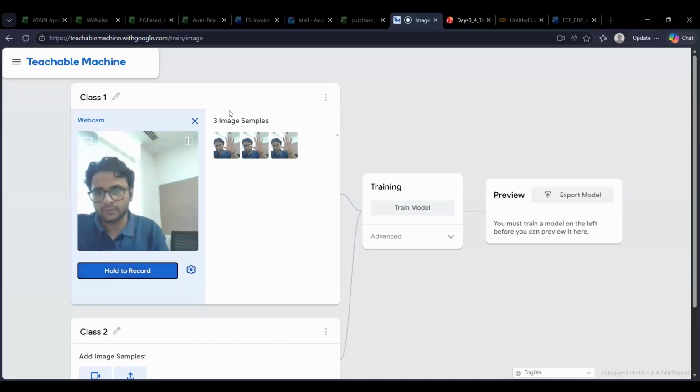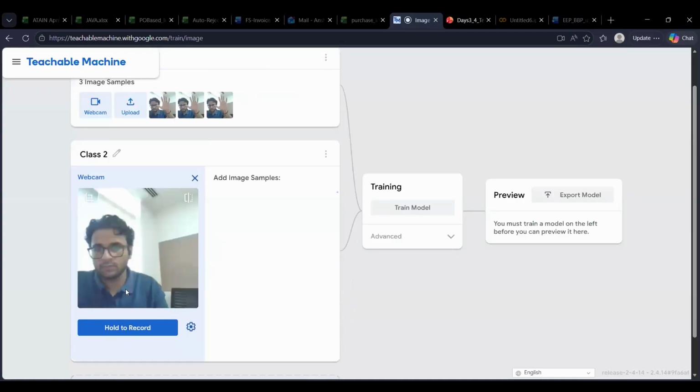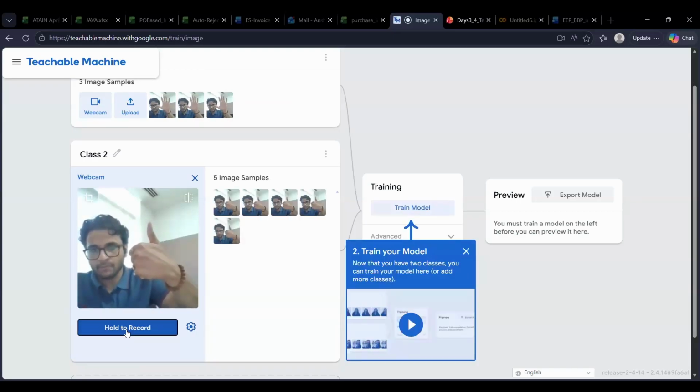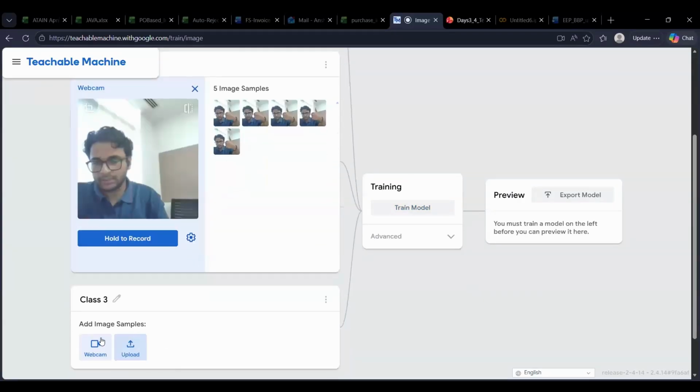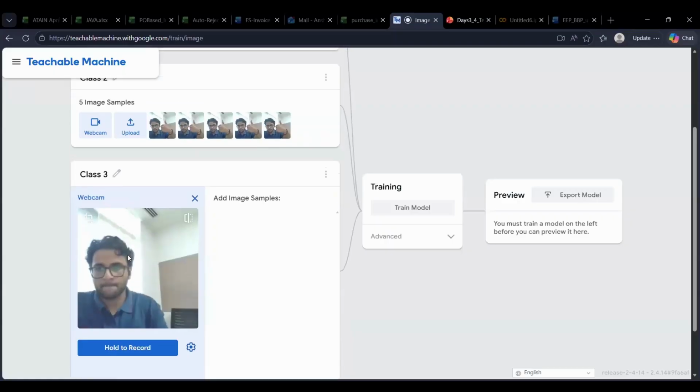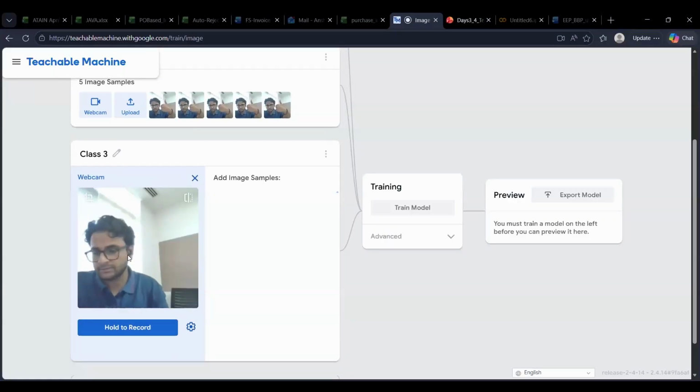Three samples have been recorded. Okay. And for class two, I can just hold my hand like this. Five samples are recorded for it. And I'll add another class. Can anyone suggest what kind of emote I should use next?